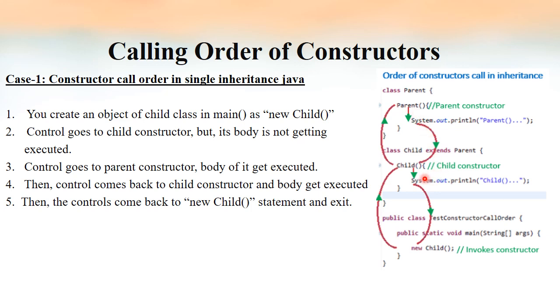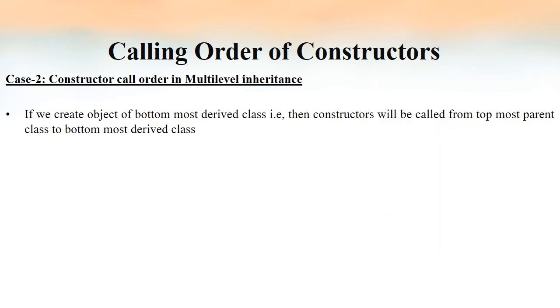Only after the constructor of the parent class gets executed, the child class constructors. Now we will see what the order of constructor execution is in terms of multi-level inheritance. In case of single inheritance, there was only one parent, but we all know in multi-level inheritance there will be multiple levels of inheritance. That is, there can be more than one level.